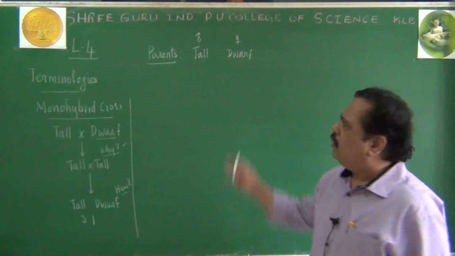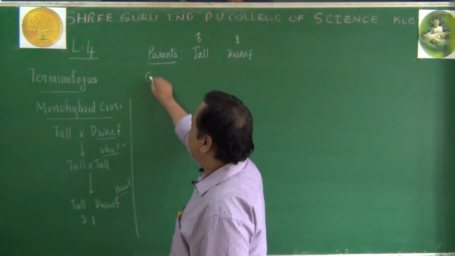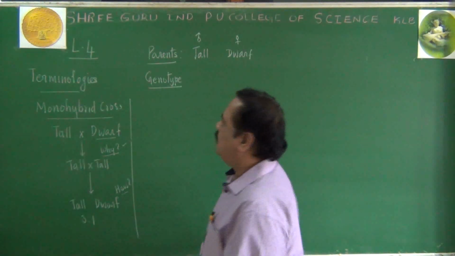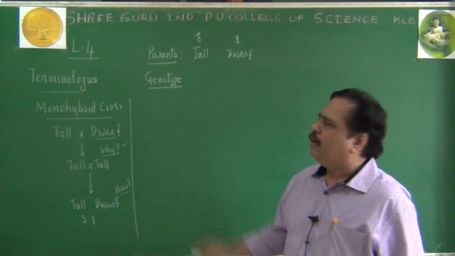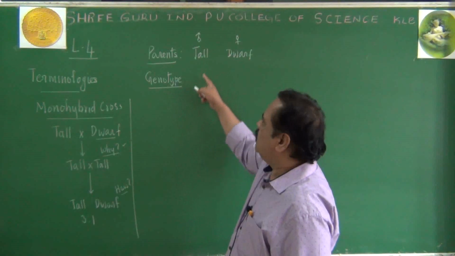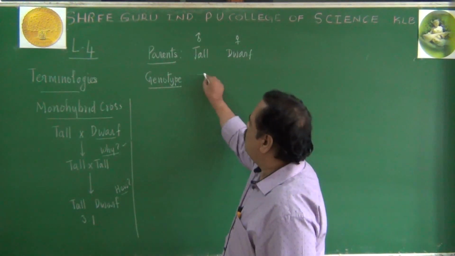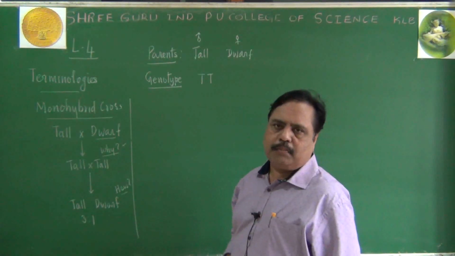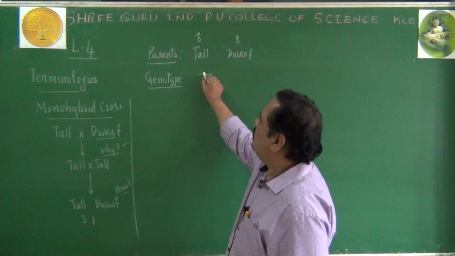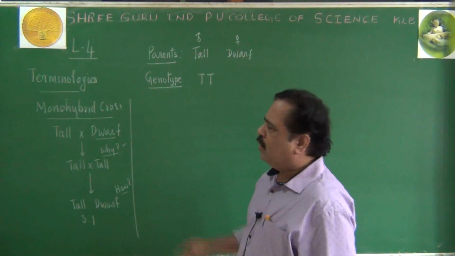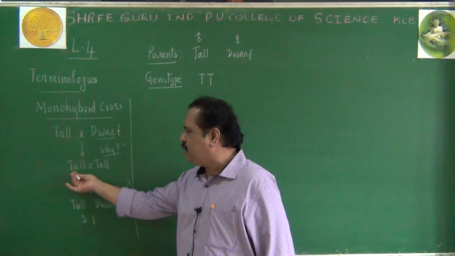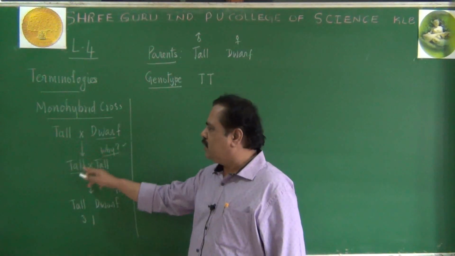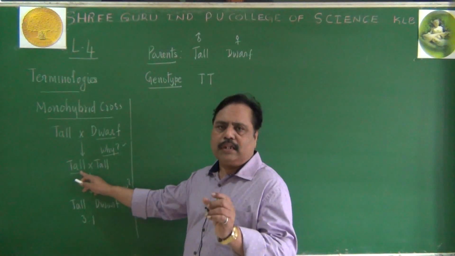And the second step we can remember here is regarding the genotype of the parent. Genotype of the parent I am writing as the second point here. When we write the genotype of a tall parent, remember we are putting two capital T's here. Tallness let me express as capital T, and this capital T indicates the dominant allele. Why dominant? Because in the F1 generation, tallness only has appeared, dwarfness has been hidden. So this tallness appeared means this is the dominant allele.